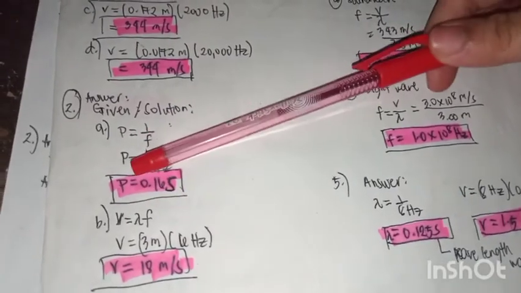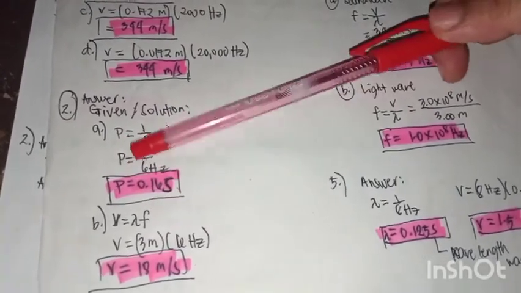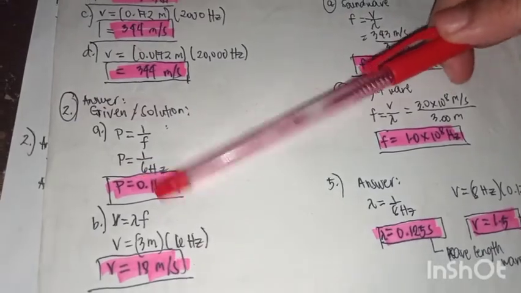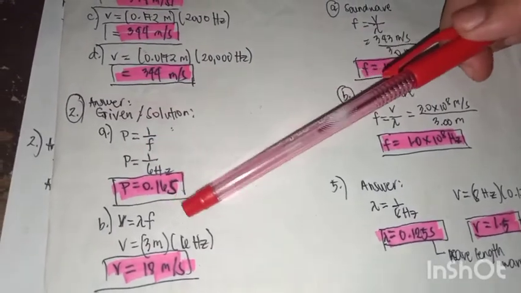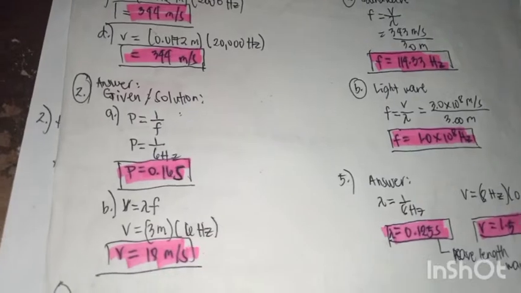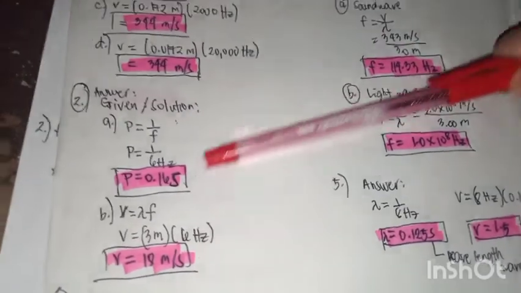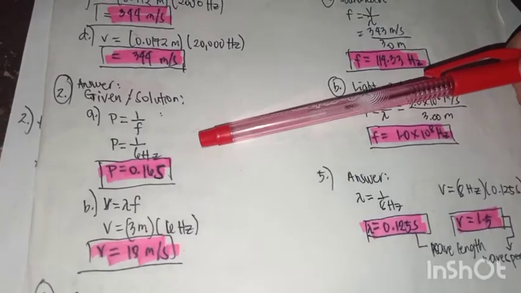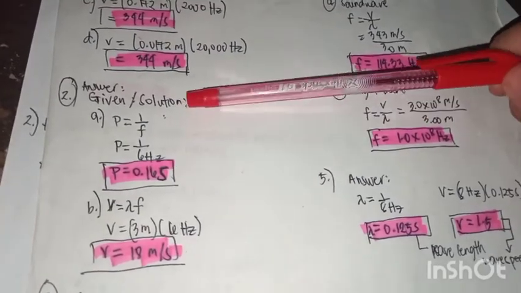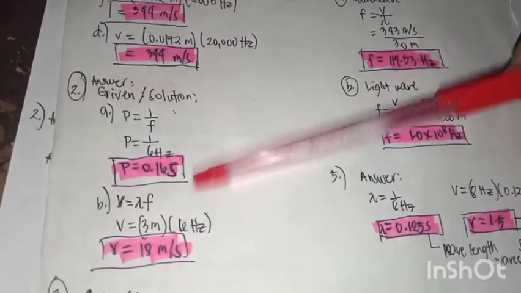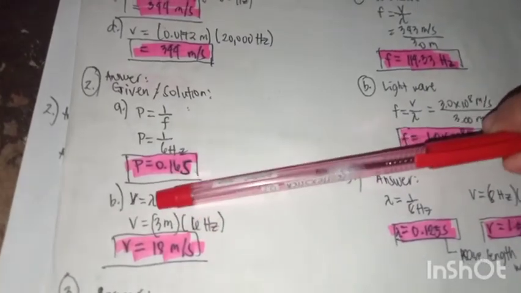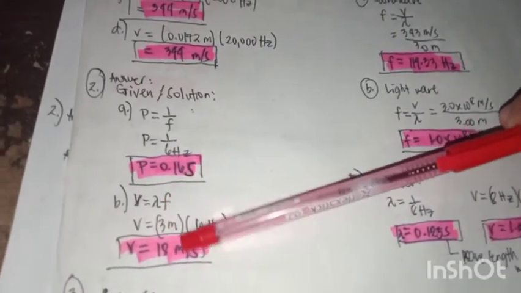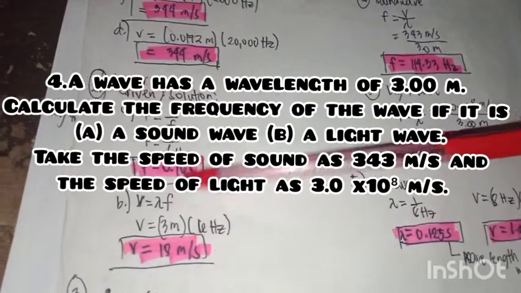The result is 0.165. So, for the letter B, in order for us to compute for the velocity, we are just going to multiply wavelength and frequency. So, we have here 3 meters for the wavelength and 6 Hz for the frequency,